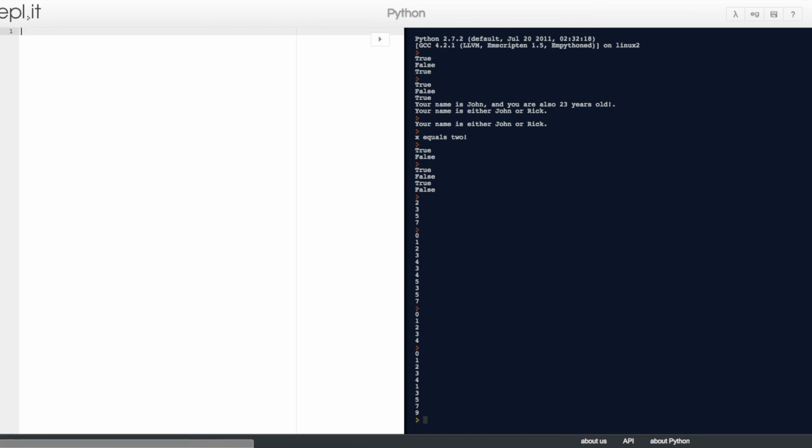So for example, def, and then we name our function, which in this case we'll put my_function, and with some empty parentheses, just as an example, with a colon at the end. The next line is indented. We want it to print hello from my function. Okay, so this is a function.